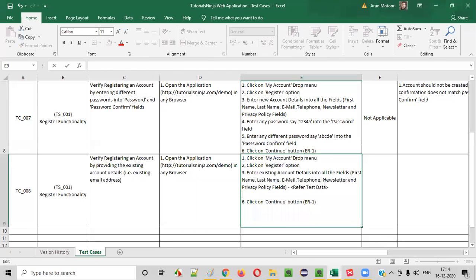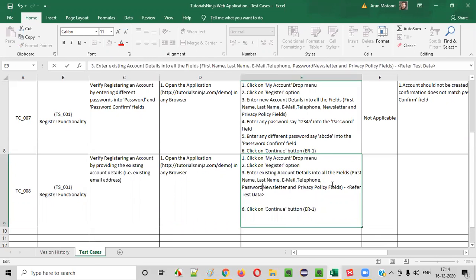Here a newsletter, password, and password confirm fields I also have to provide. Password confirm, comma, newsletter. Every field we have provided here, guys. But for entering the existing details, account details, we need